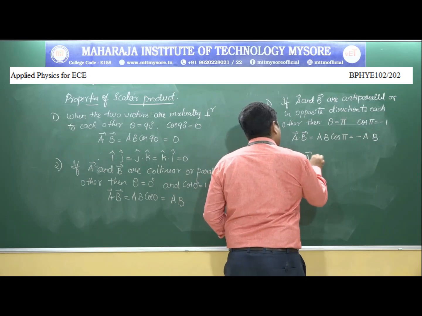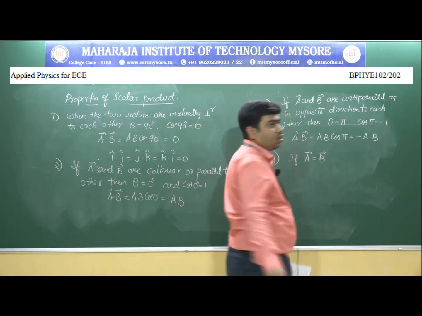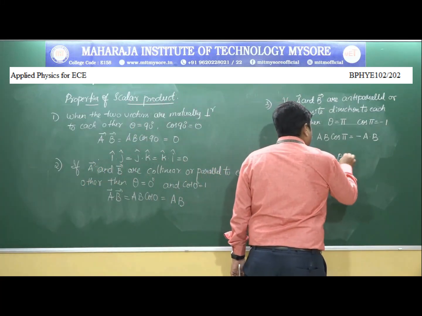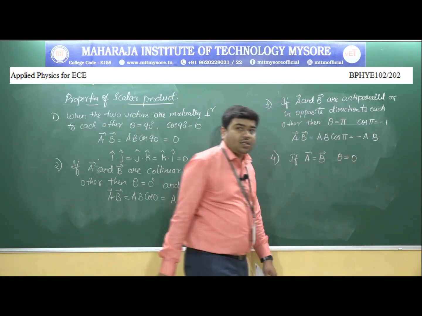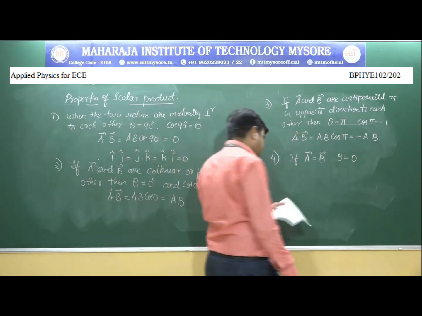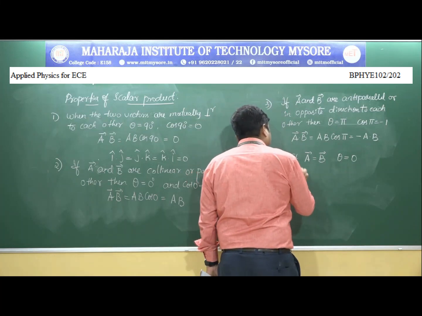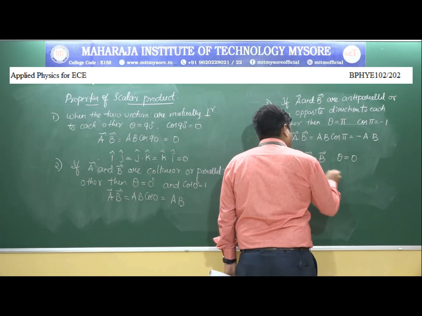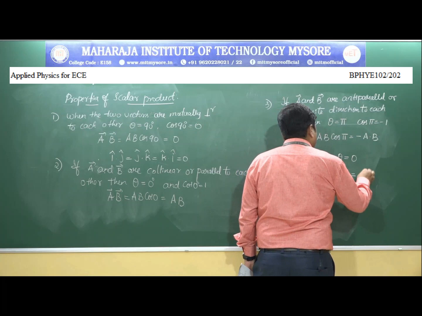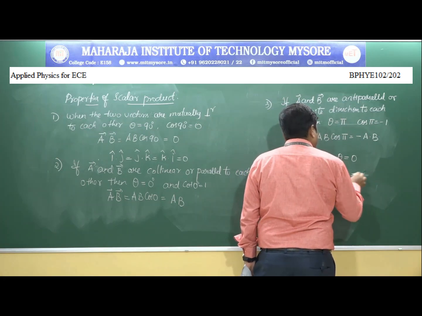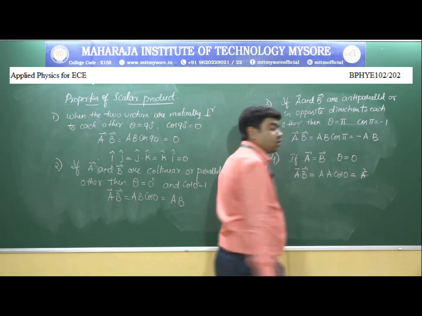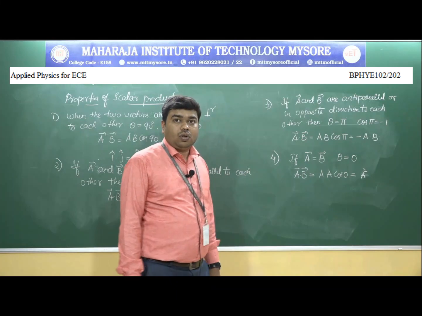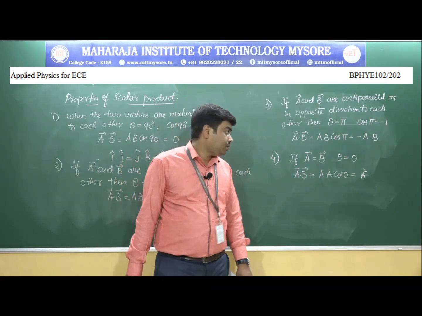if vector A is equal to vector B, if both vectors have same magnitude and they are parallel to each other, that is theta is equal to 0, then vector A dot vector B is equal to A dot A cos 0, that is equal to A square. Then we can write A dot B is equal to A dot A cos 0, that is equal